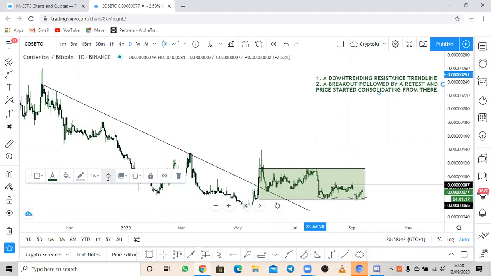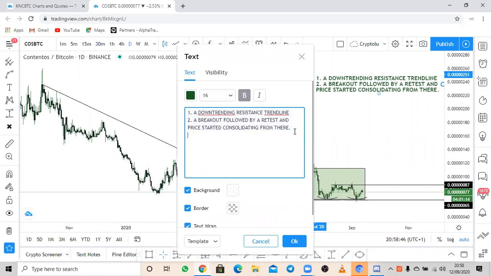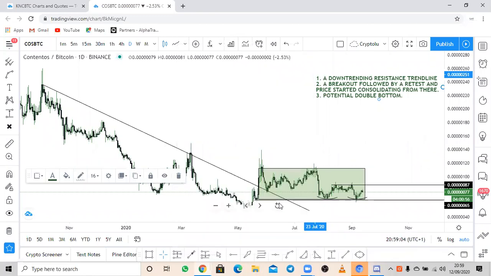We have a potential double bottom. Okay. So this is our three confidence reasons for now. Okay. So another thing to look at here now is we have